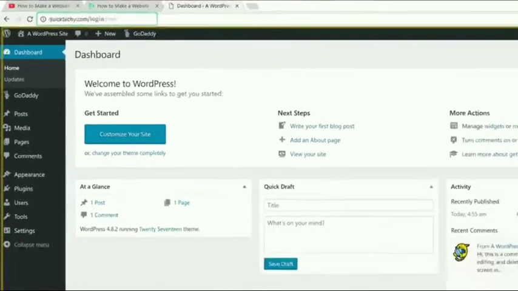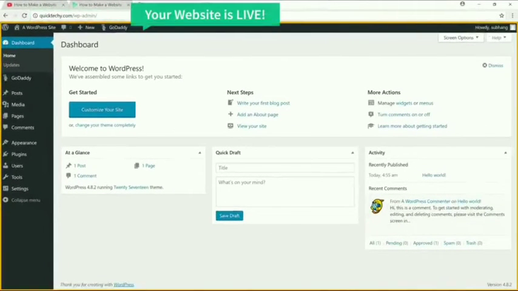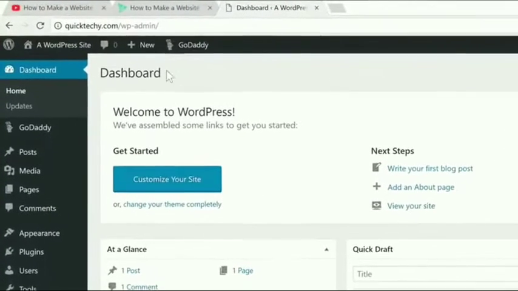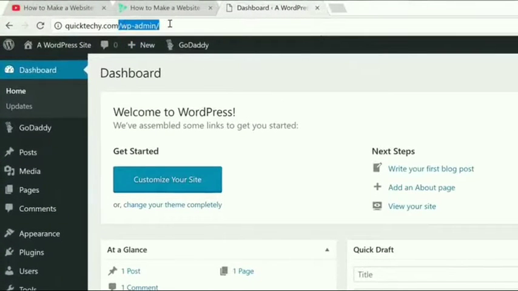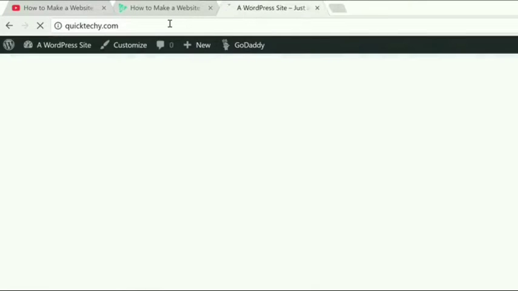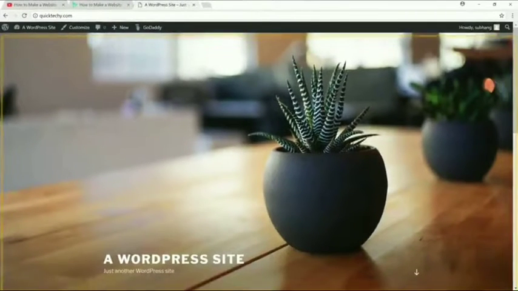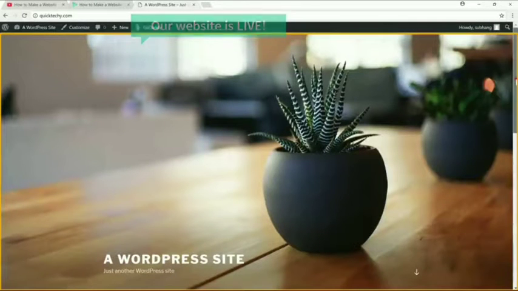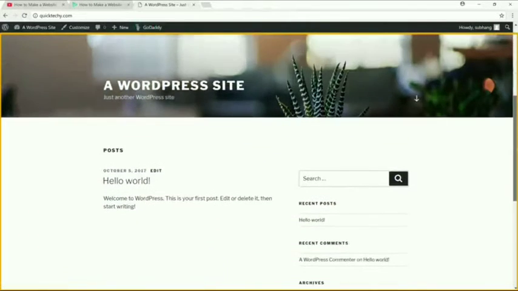Okay, so once you reach your dashboard, this means your website is live. So to check that, let's go to our website address and press enter. Now as you can see, our website is live. So this is how the default site looks like.